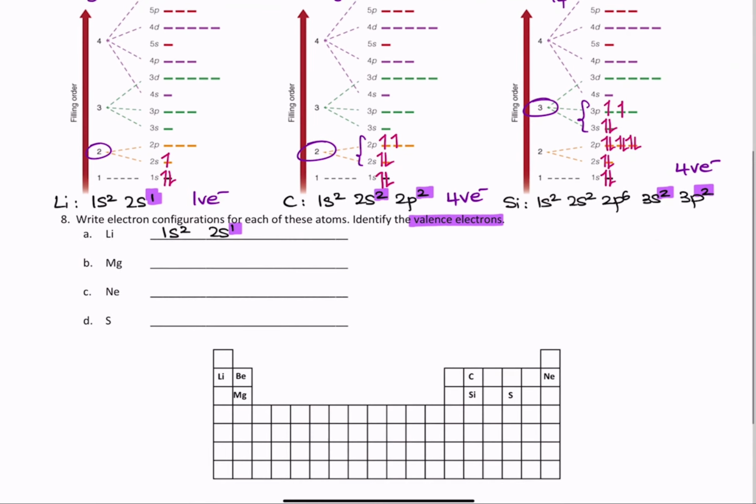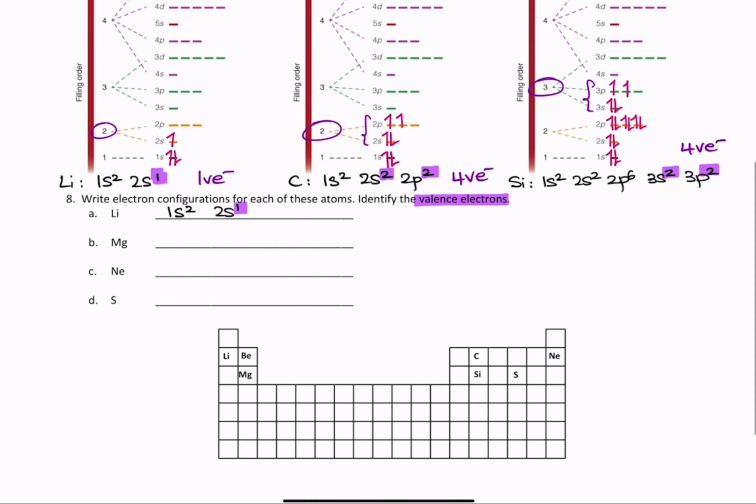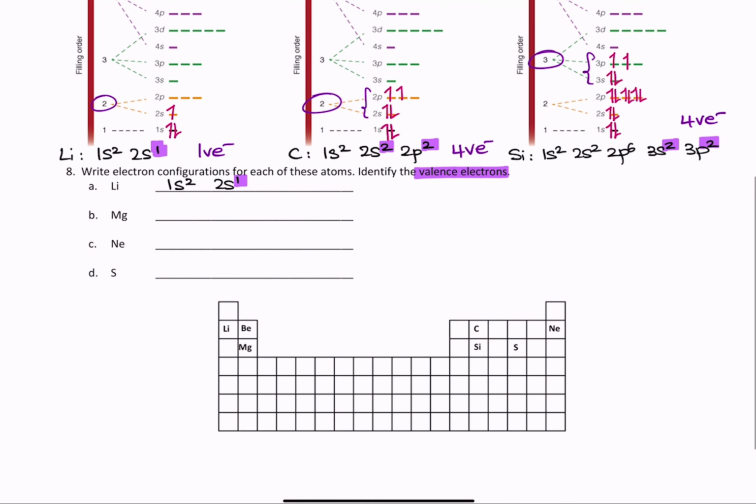You can use another of these orbital diagrams, or just use your knowledge of the periodic table to write this configuration. Magnesium will be 1s2, 2s2, 2p6, 3s2. The outermost energy level is 3, and on this level 3, I have 2 electrons in the 3s,